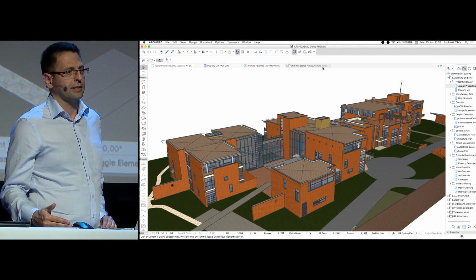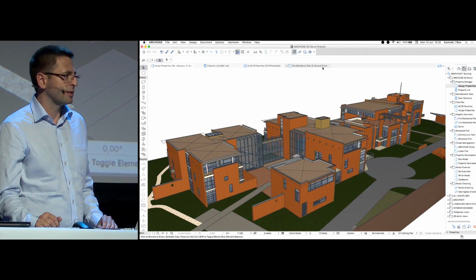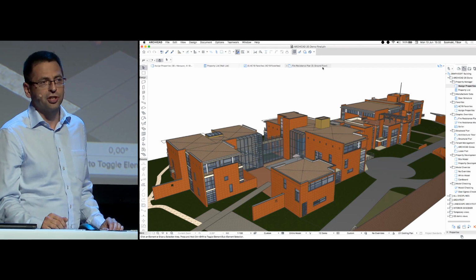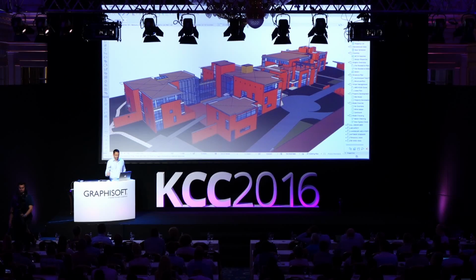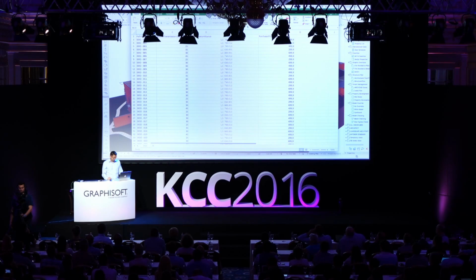It's called metadata, non-geometrical data, something like construction information, cost, manufacturer data, and so on. So there is a need for a central management interface where we can easily access these properties. So that's why I would like to introduce a brand new framework in ARCHICAD 20, which is dedicated for this purpose. And not surprisingly, it is called